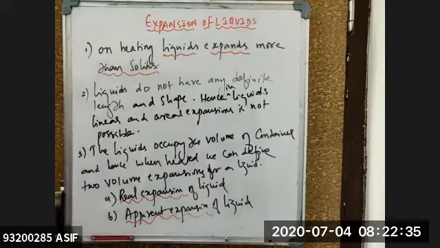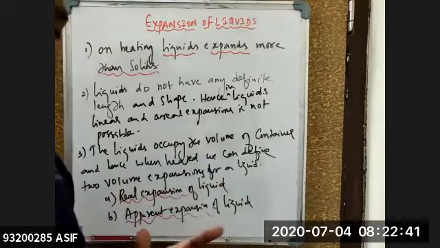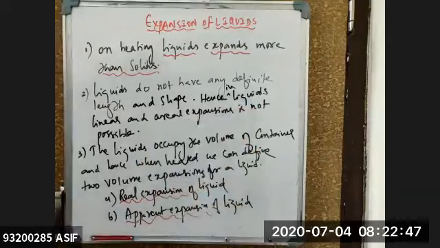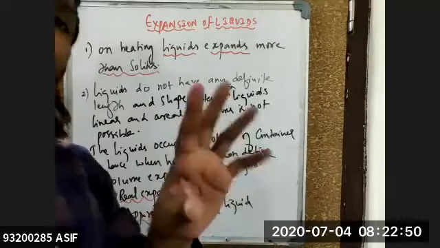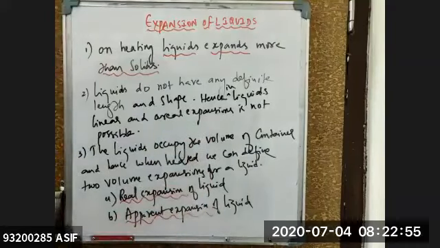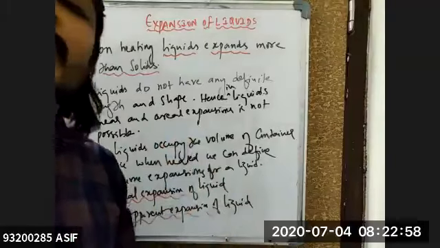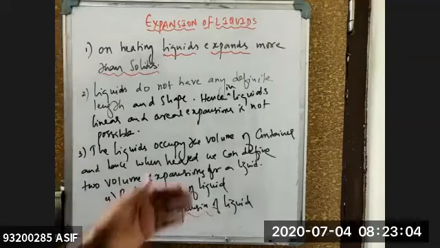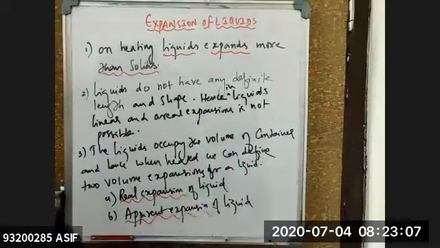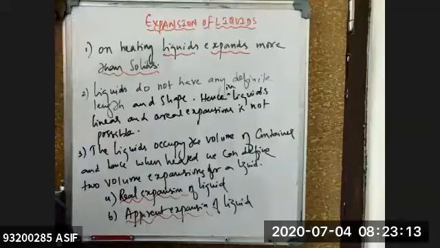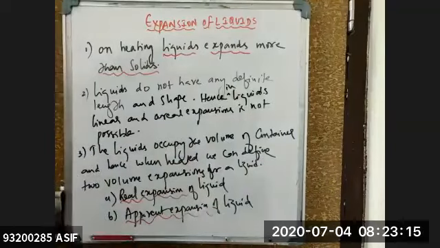For example, if you heat anything in a vessel and keep it on the stove, what happens? First, the vessel gets heated up. Then the energy from the vessel goes to the liquid. That means there is an expansion in the vessel and there is expansion in the liquid. So there are two expansions, but we can see only the expansion in the liquid. The expansion of the vessel we generally don't see. When our mothers cook food on a very hot stove for half an hour or an hour, you never see the expansion of the vessel. It undergoes a small expansion which is not seen by the human eye.